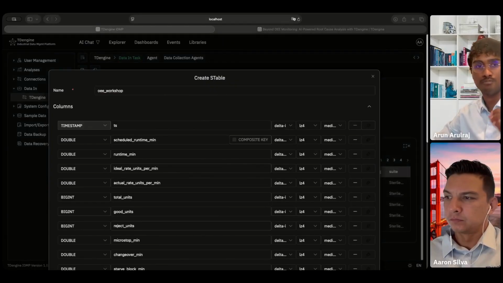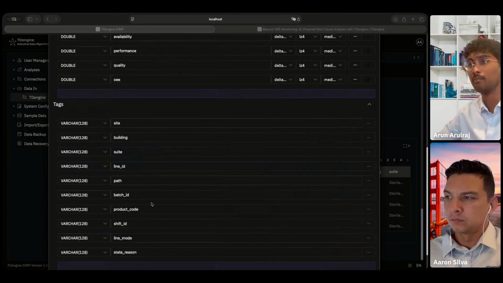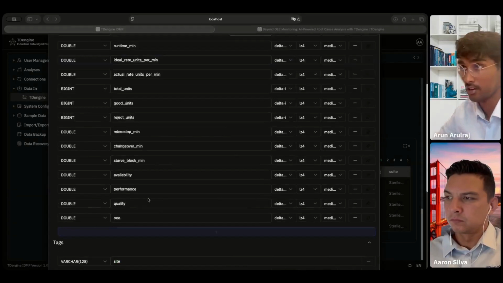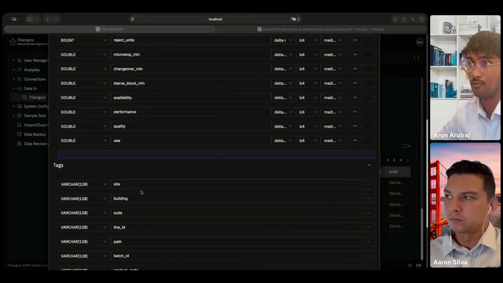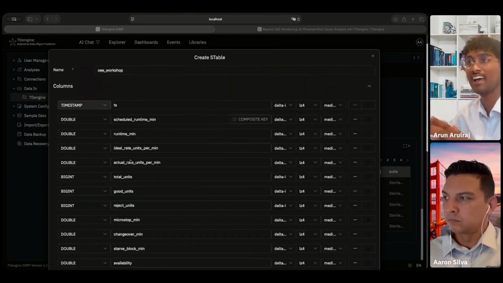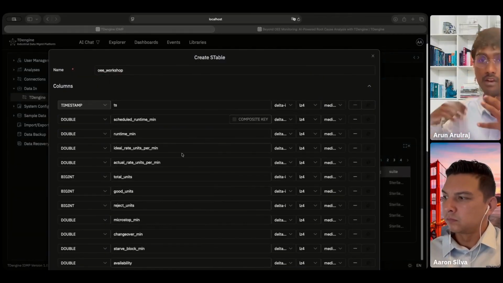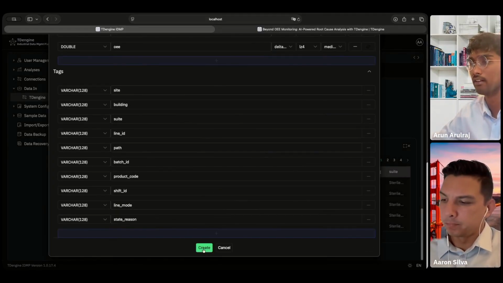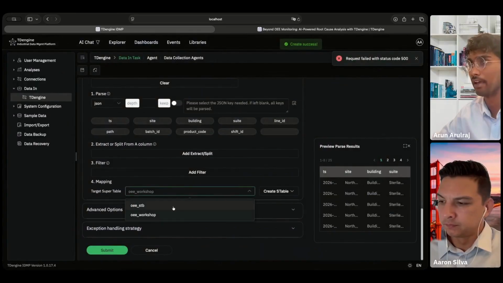What tags are, they are the static metrics, things that never change, right? Like the site of this particular pharma scenario is never going to change. The batch ID will never change, but all of the other metrics are timestamp data. So these will all be timestamped, and we call these tags, and we call these metrics for the constantly flowing in timestamp data. But once you get to this point, you can just go ahead and click create,